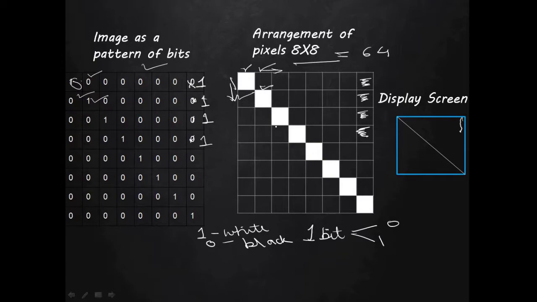One more important thing I want to tell you at this point: see here only 8 cross 8 pixels, meaning 64 pixels, are there. So we are storing 64 bits in the memory in total. So if the resolution is 1024 into 1024, then we require this much memory.